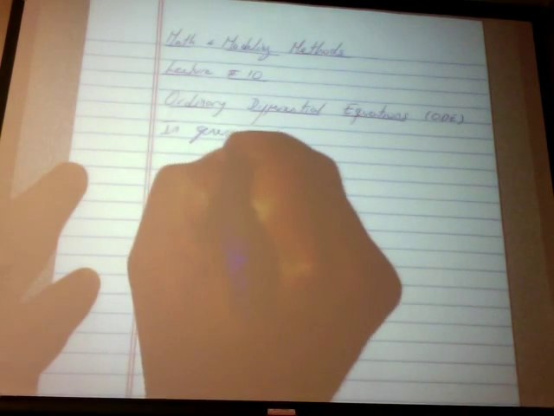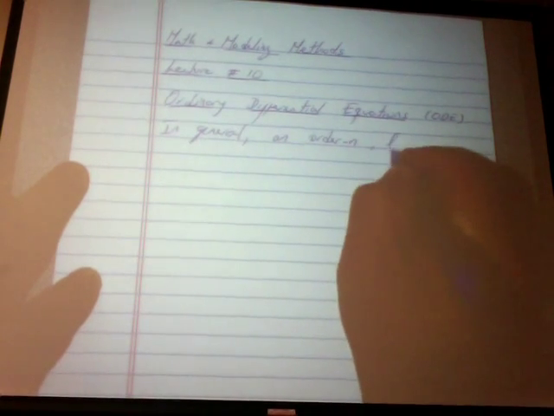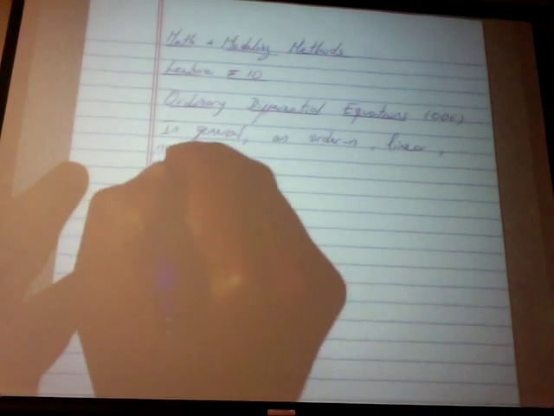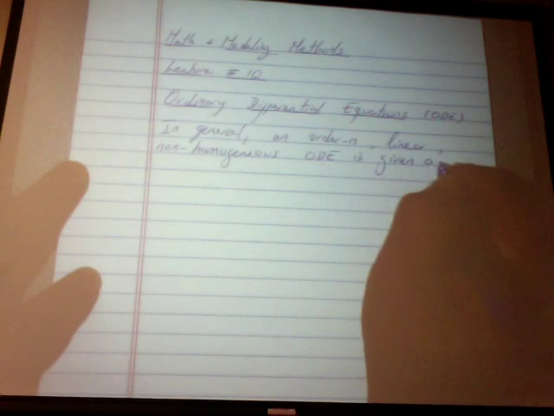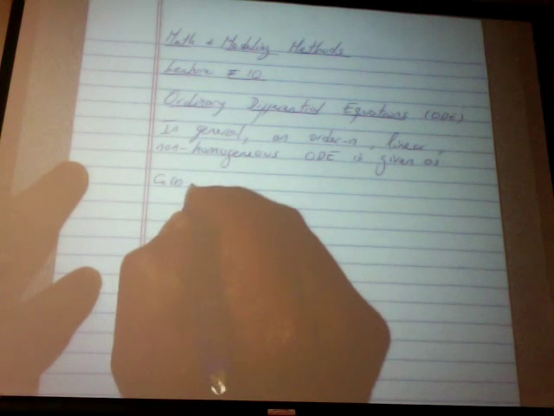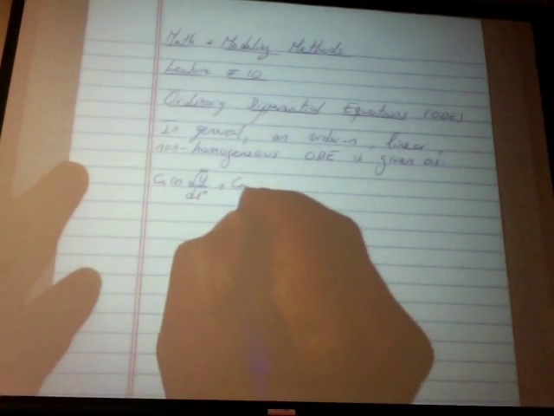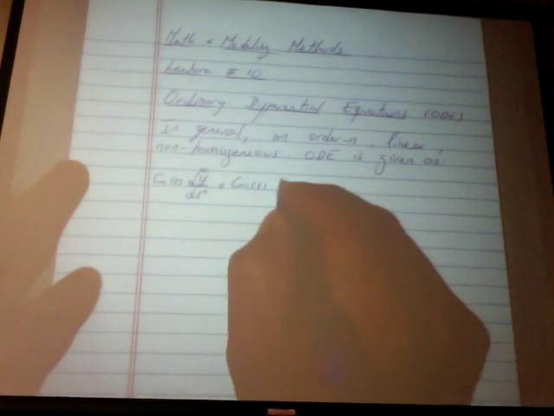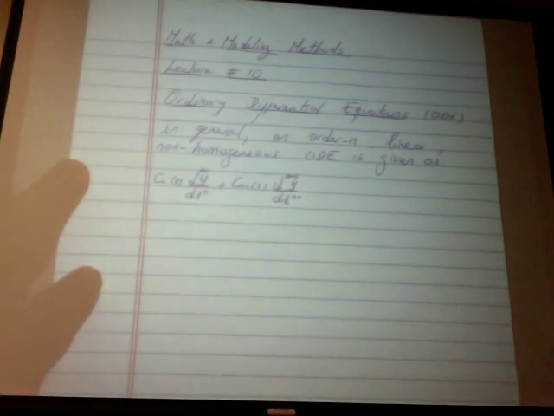In general, an order n, linear, non-homogeneous ODE is given as coefficient Cn of time, times the nth derivative of y with respect to t to the n, plus a coefficient Cn minus 1, which could be a function of time, times the n minus 1 derivative of y with respect to t to the power of n minus 1,